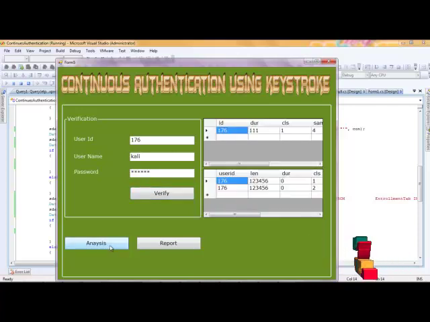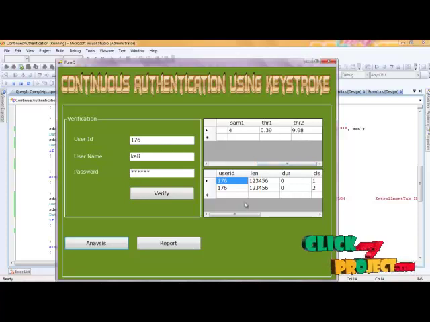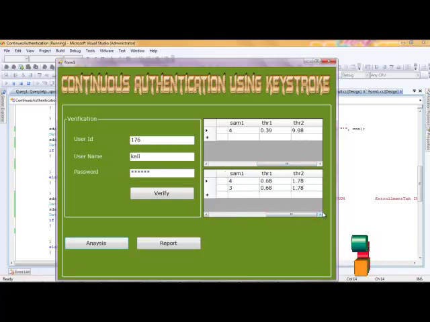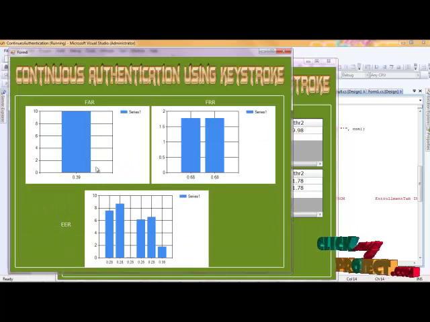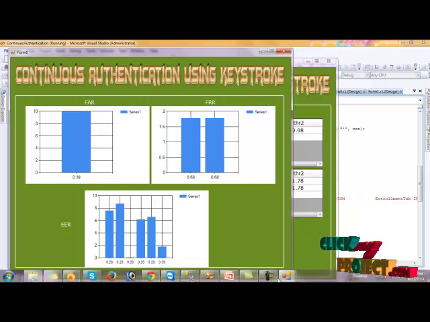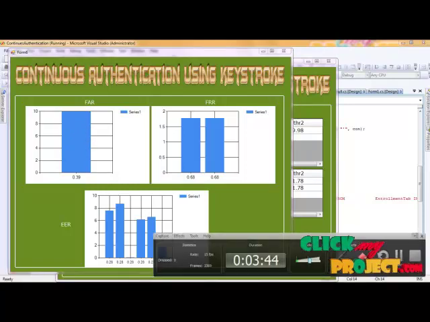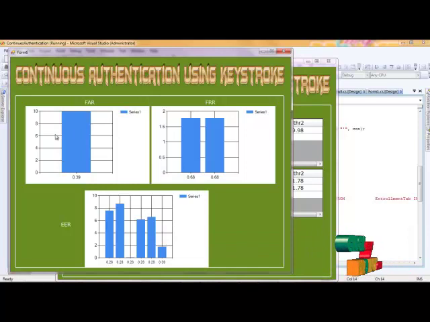First of all we analyze the data. The process of the range will be mentioned, and the evaluations result will come for that. The final report of this process we have mentioned to the user, the range of the FAR. The FAR calculations we have checked in the process. The FAR ranges have been calculated from 0.7 to nearly 10.